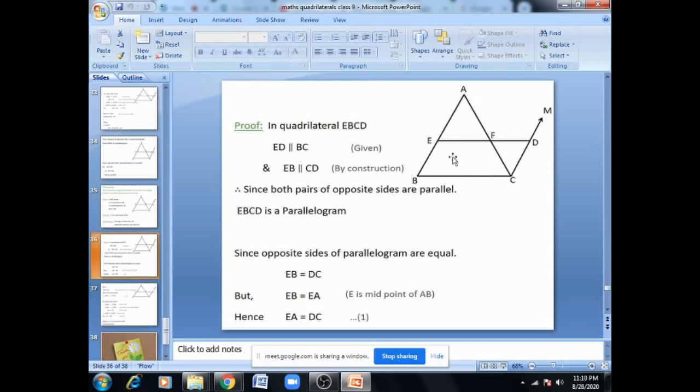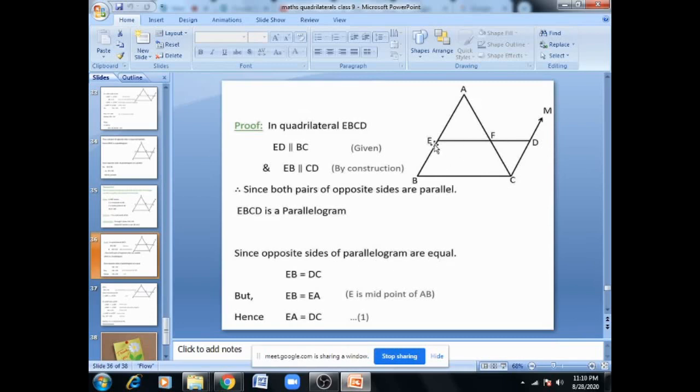It was given EF is parallel to BC, so ED will be parallel to BC also. Both pairs of opposite sides are parallel, because earlier EB is parallel to CD by construction, and ED is parallel to BC. So it is a parallelogram, therefore